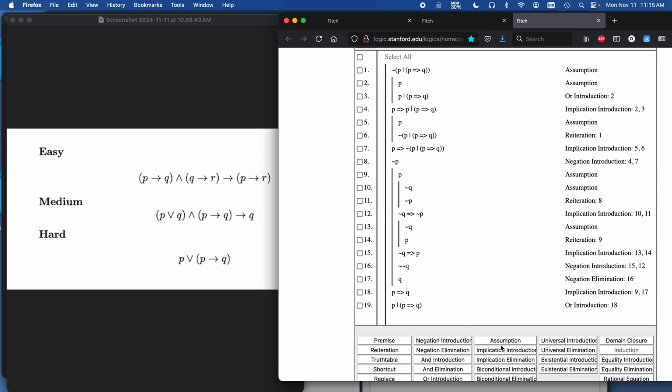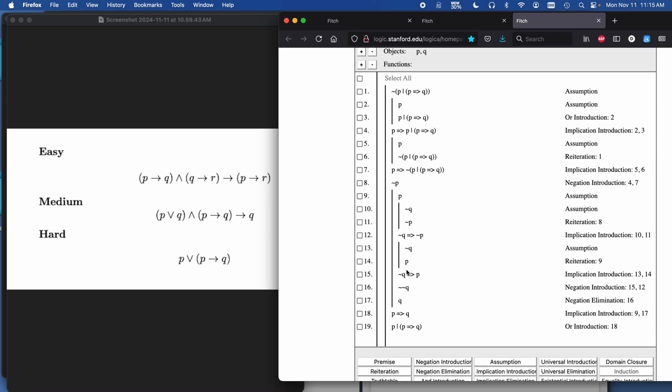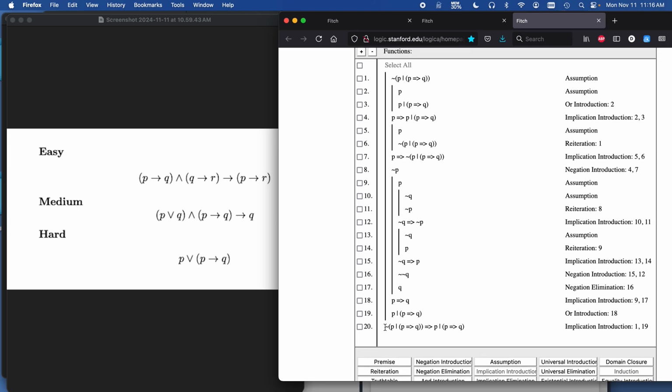Although Fitch really makes us do more; if this were a simpler system, we would be able to just call it a day. Deriving this, we get this, therefore this must be false. Fitch makes us jump through a little bit more hoops. We have to do negation introduction. So first we close this up. We show that if it is false that P or P implies Q, then it is true that P or P implies Q,